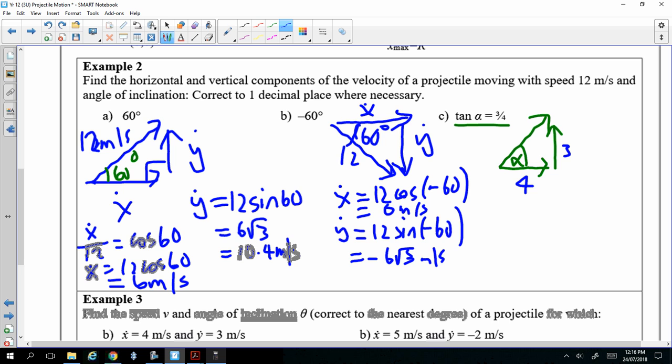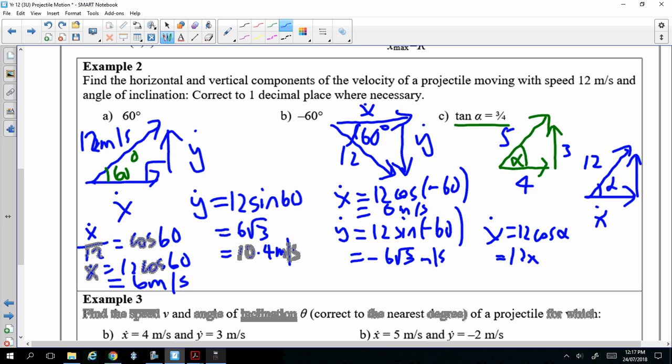Now, remember, the actual ball was actually thrown at 12 meters per second. So the 2 triangles are similar, right? So to work out x dot, you go x dot equal to 12 cos alpha, and cos alpha is adjacent over hypotenuse, so 4 over 5, right? And then if you times 12 by 4 over 5, that will be 48 over 5, so 9.6